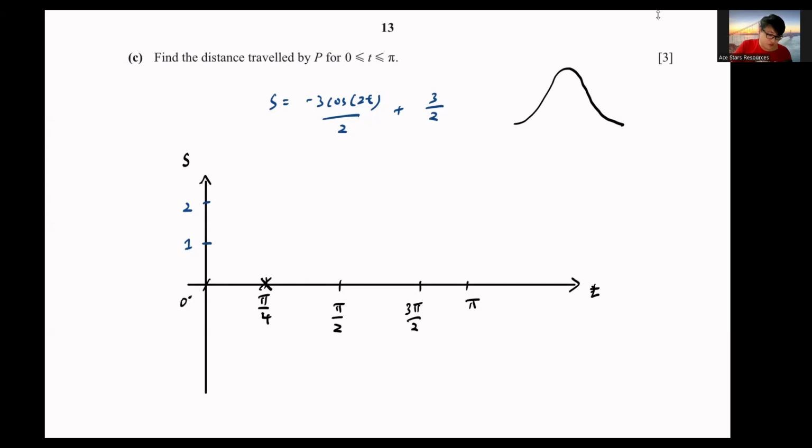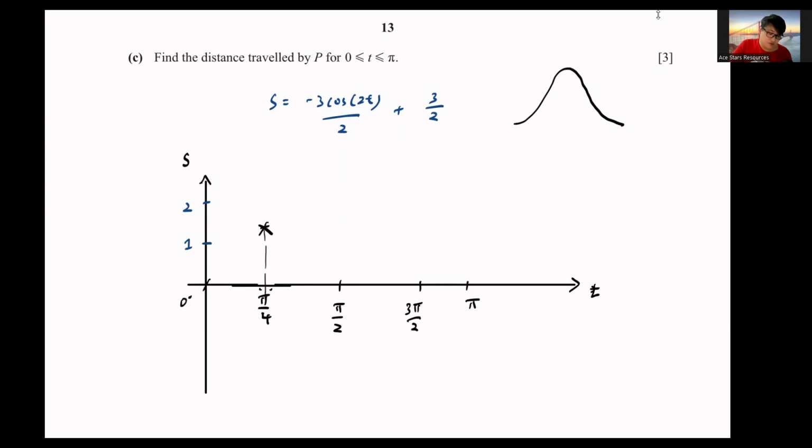Minus 3 over 2 cos 2 pi over 4 plus 3 over 2. That's going to be 1.5, my bad. This here is going to be 1.5. So just mark it down on the graph. I'm just going to mark it 1.5 here. Then 2 pi over 2,